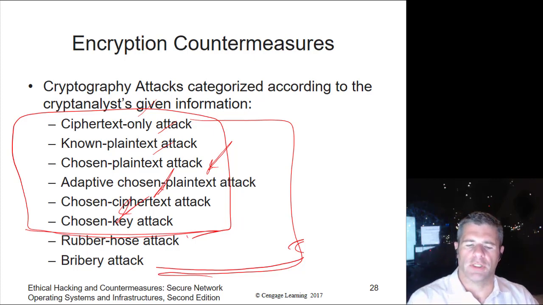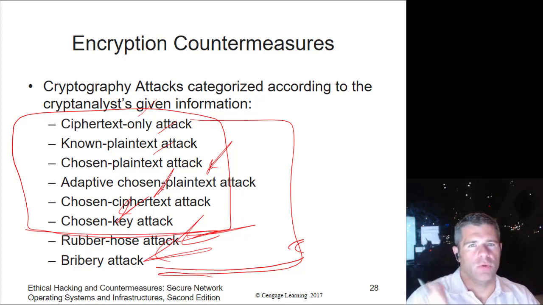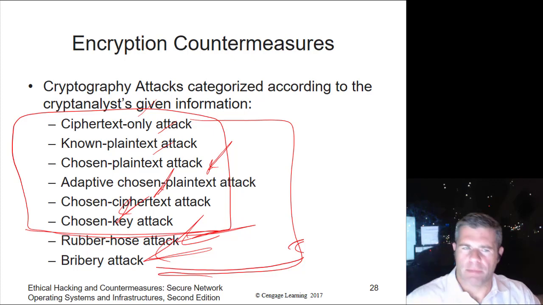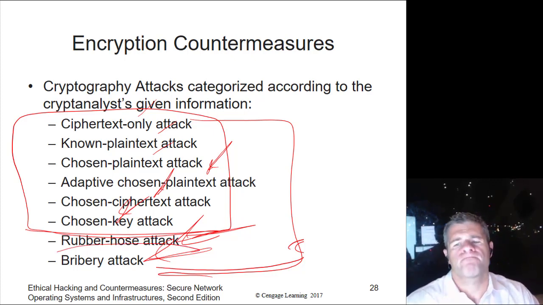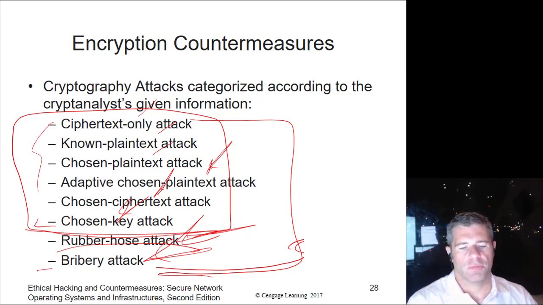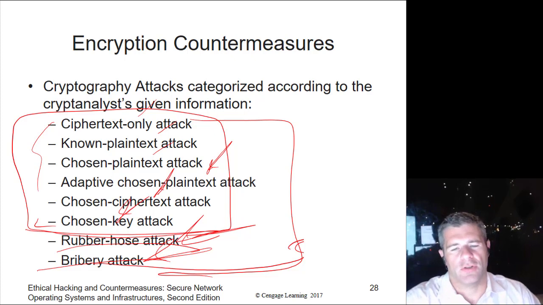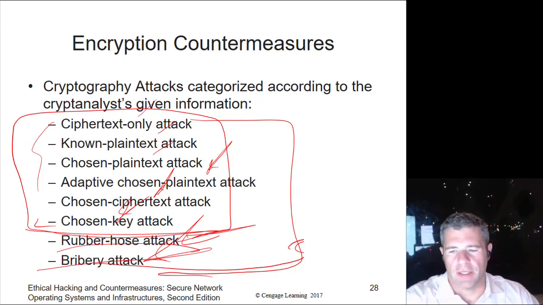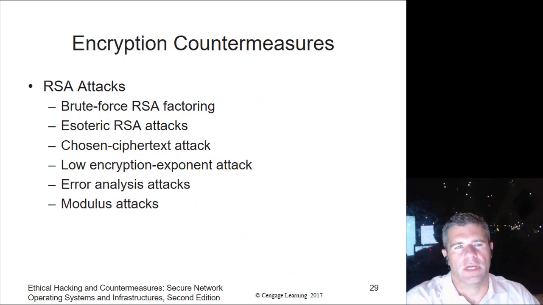These ones are a little easier to grasp for your average penetration tester. If I can get the person who knows the password in a room with a chair that I can strap them to and use a rubber hose to extract the file from them, that's easier than any of these. And if I can just pay somebody off, again, way easier than any of those. So remember that cryptography is only as good as its weakest link. I believe there's an XKCD that explains the rubber hose attack pretty well, but I'll leave hunting that down as an exercise to the viewer.